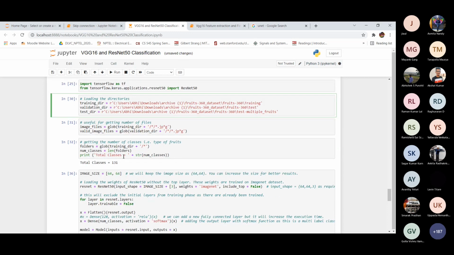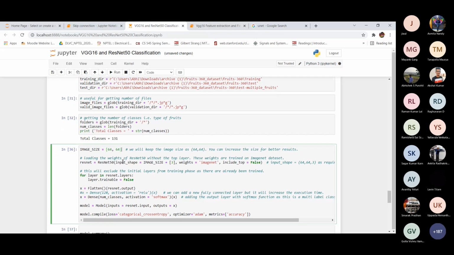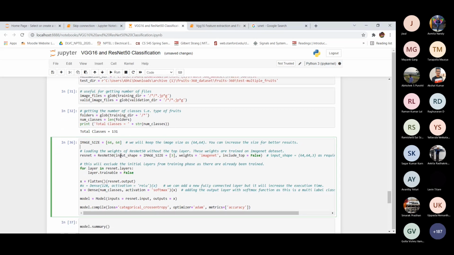And you can see it is 131 classes. We are using the same size of images, because 128 is not supported for my system, so I have used 64 cross 64. You can change it and try something else.